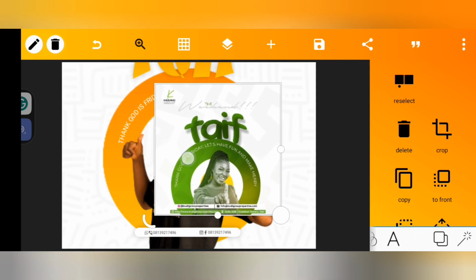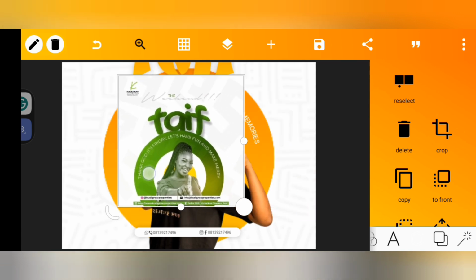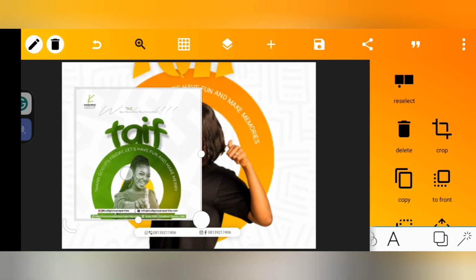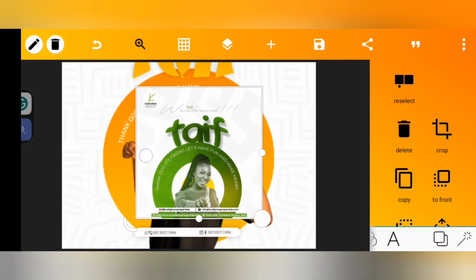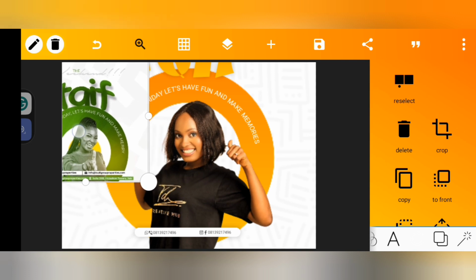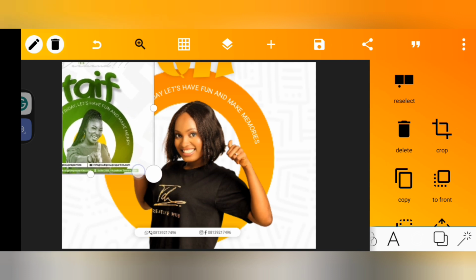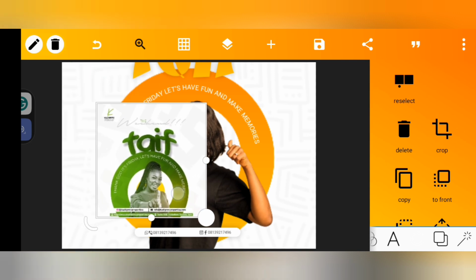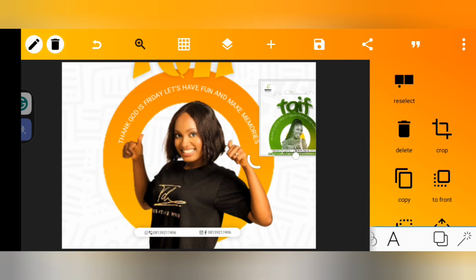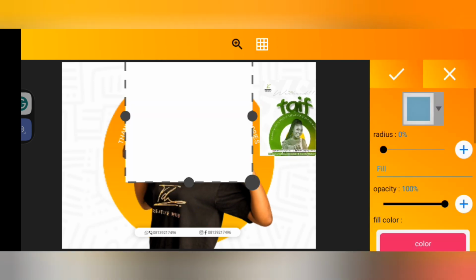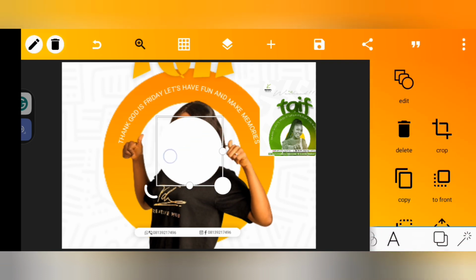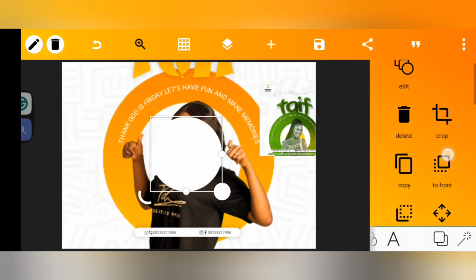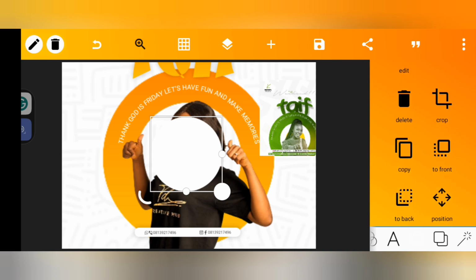So from what we have here and this, we still need to add one more shape here behind the lady, and then the lightning in front of her. So we're going to do that quickly. Okay, so here we're going to click on shape option, click on the circle shape, and then reduce the size of this shape, and then increase it, put it behind her, and then move to back,